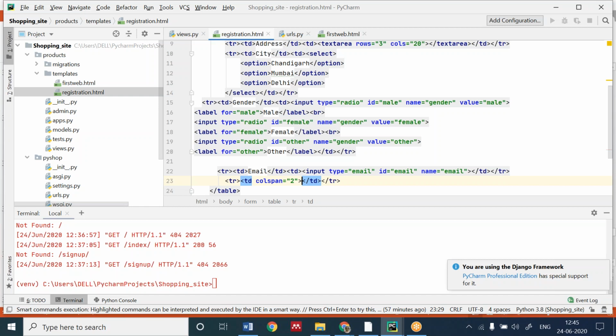You can easily create this in 5 minutes. Then after that, I will be moving further. In between, if you have any doubts, you can ask me in the chat box.